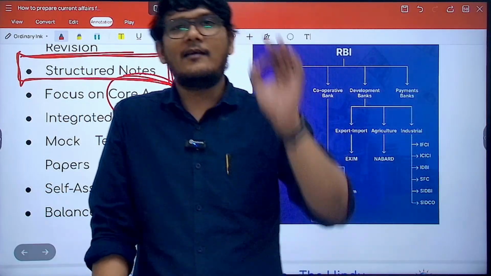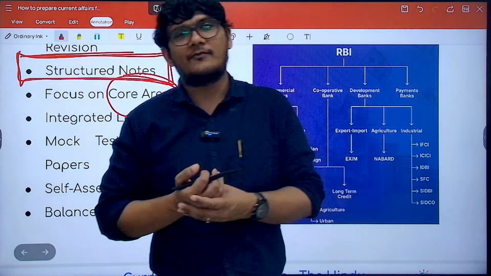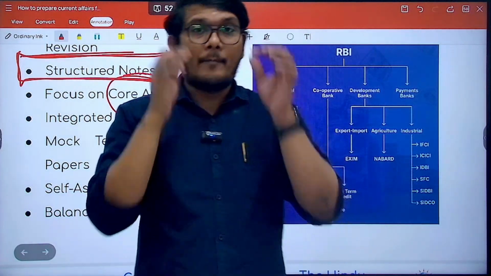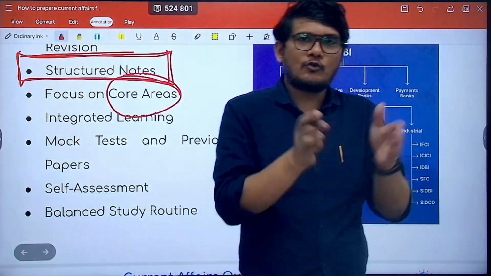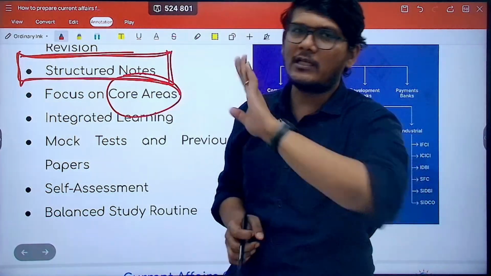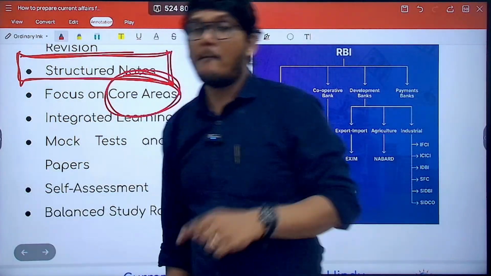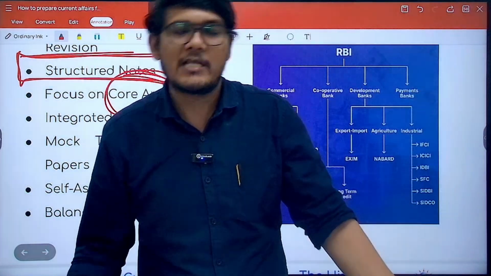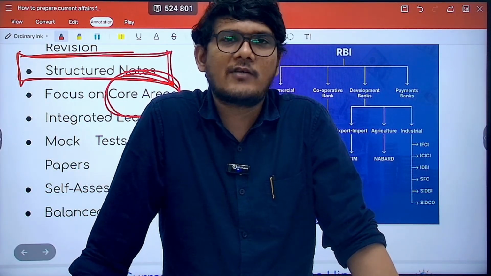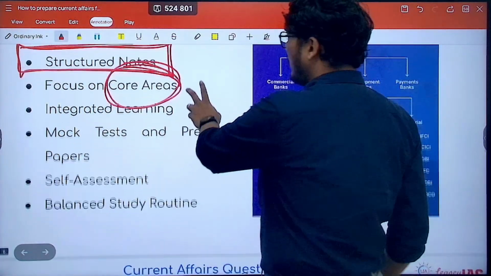Because UPSC, in a funny way, people also call the unpredictable public service commission, because you cannot predict UPSC as such. Right? But of course, at the same time, we should be smart and look at the trends, the themes, the questions that have been asked. We will focus on the core area, but we will not leave any topic, subtopic, or even micro topic unread, unstudied, or unrevised. I hope that's clear. So this is the focus area.